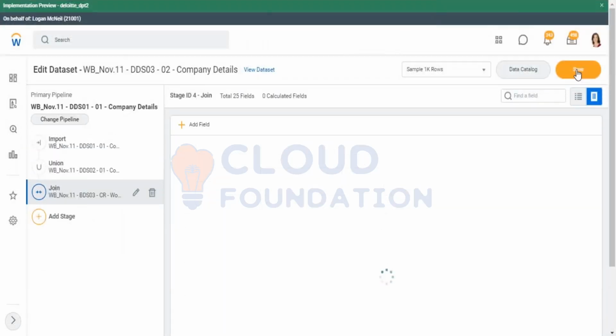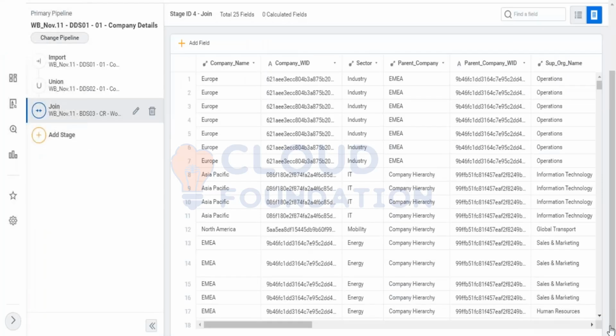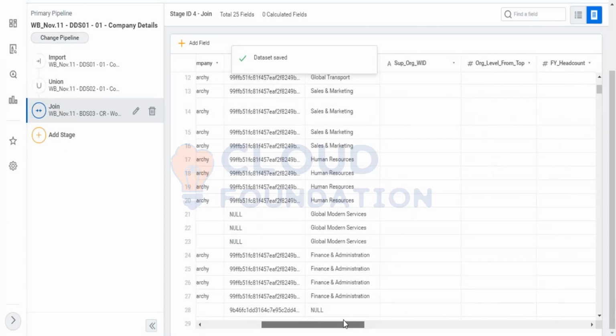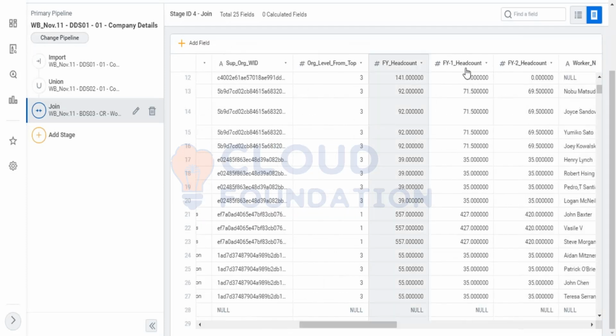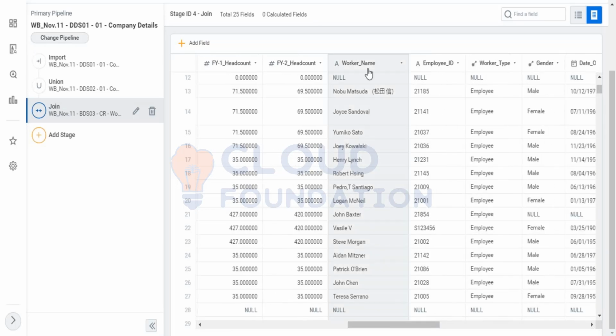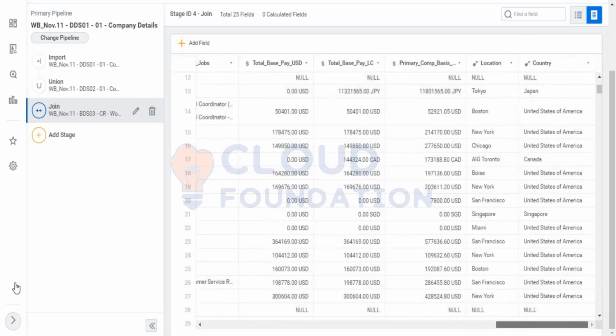and save this, now if you see our final output, it has all the fields: supervisory org workday ID, FY headcount, FY headcount -2, but then it also has the worker name, the employee data. So everything is added from my base data set as well,